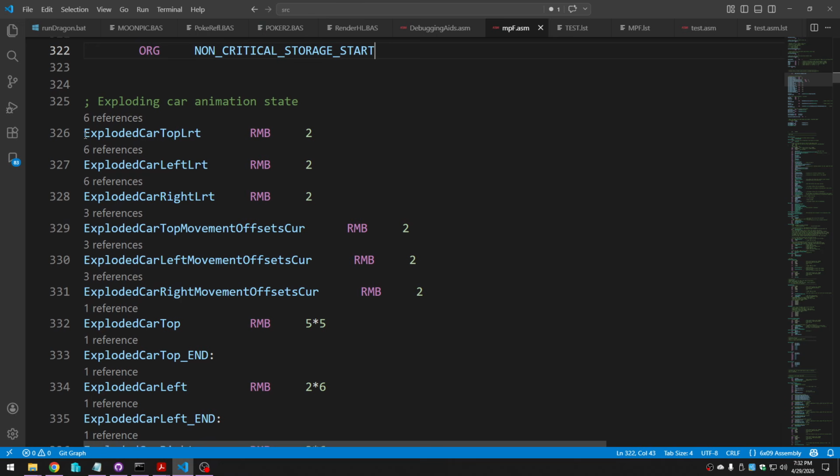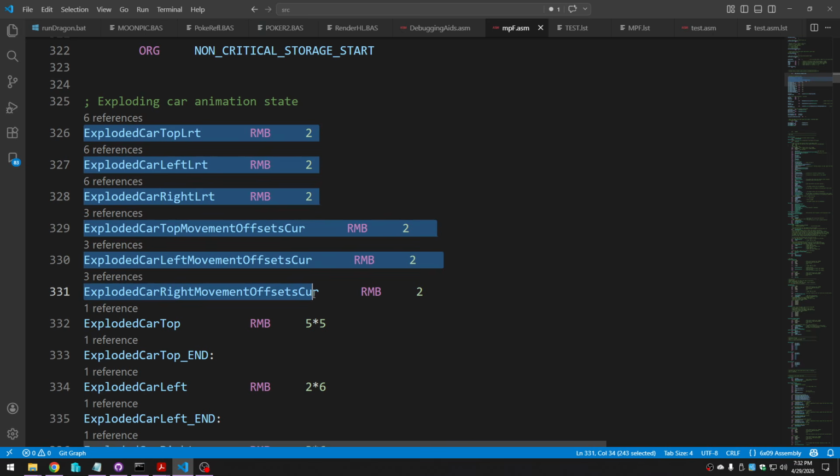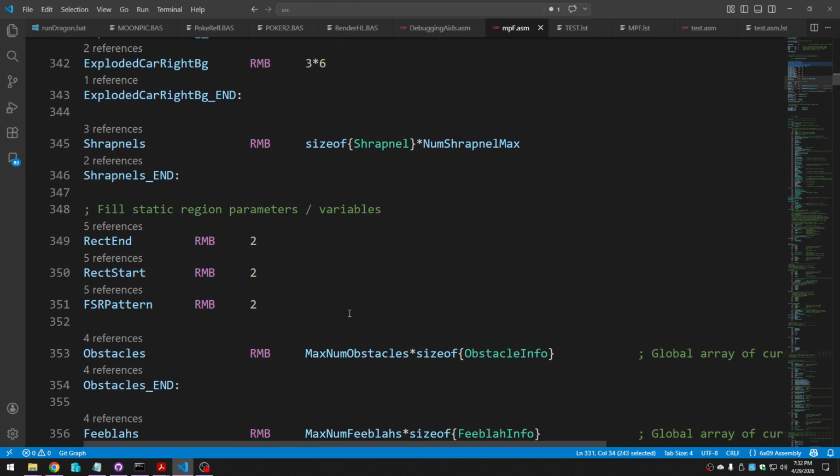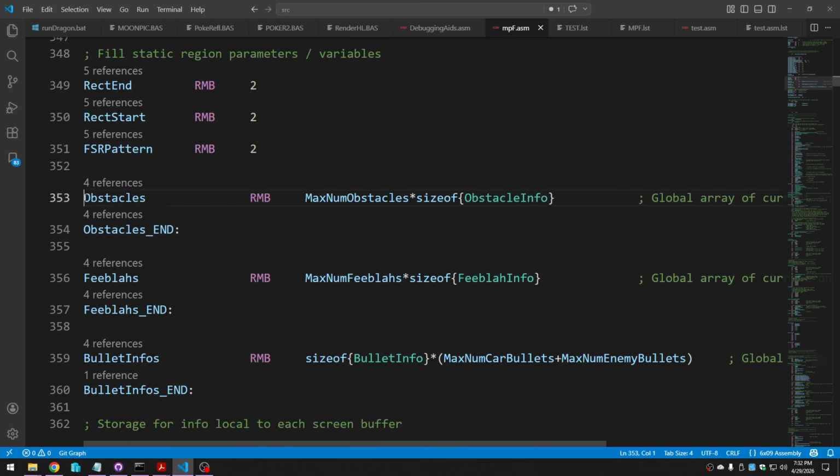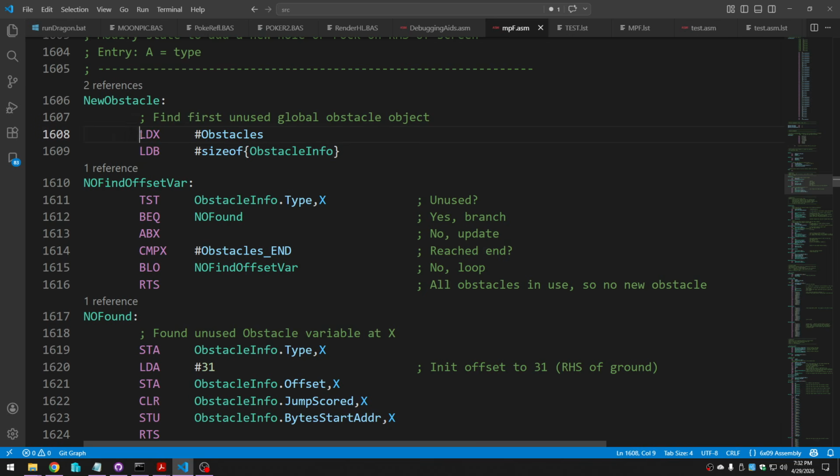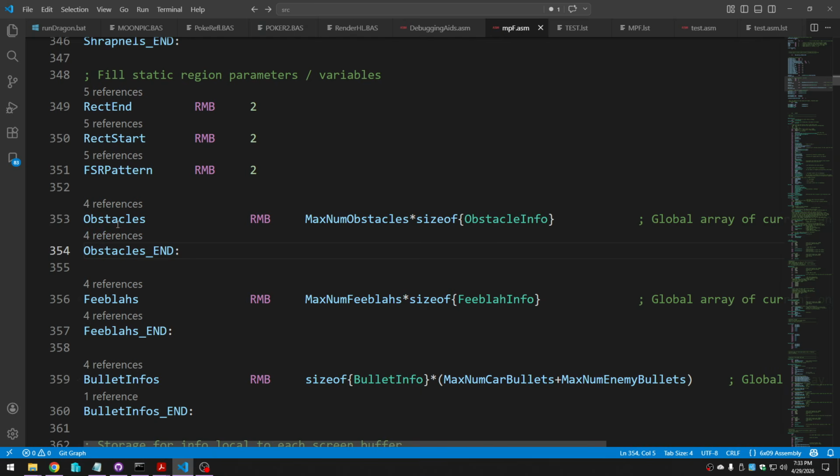For example, things relating to animating the car exploding, which only happens when the car gets hit, and also some of my large arrays. So for example, items like the holes in the ground and rocks on the ground are stored in this array of obstacles. I do not use extended mode addressing with this label. Instead, I'll load an index register using immediate mode addressing with that label, and I'll access the array elements and the fields of those elements relative to the X register. So it would do me no good to have this on the direct page,